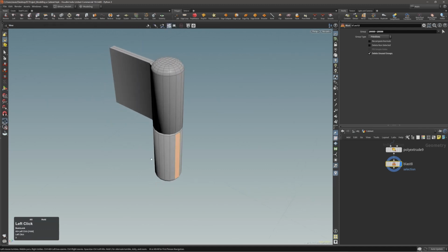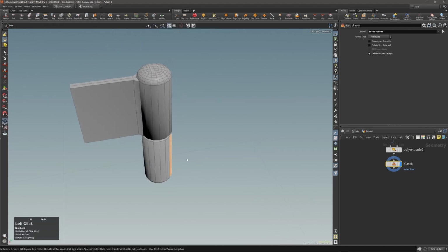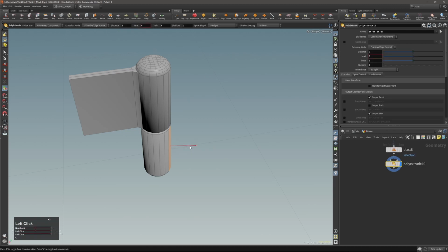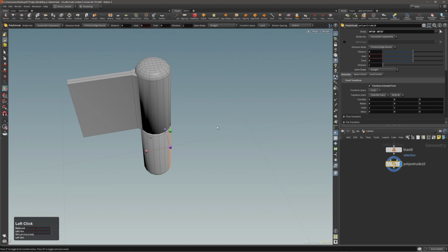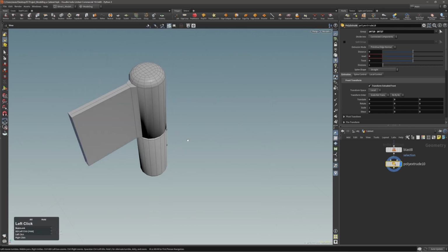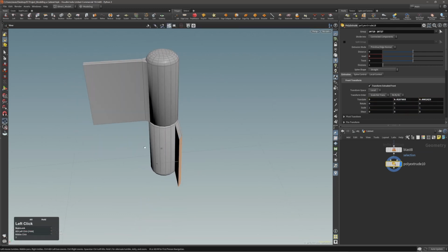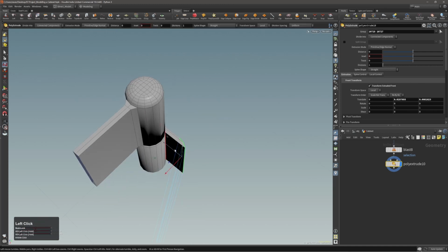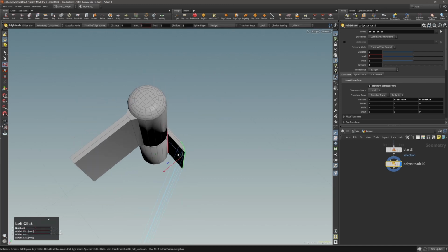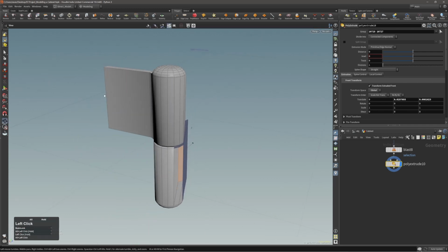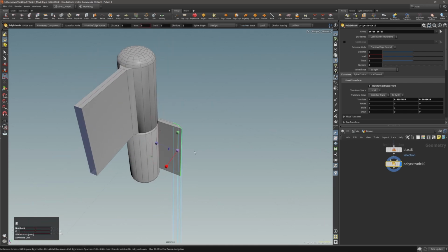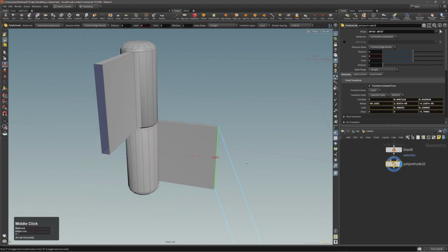So now this part should be extruded from here. So again, with F or right mouse button, toggle front transform, bring this here. In case the local axis is not in the right place, you can always use transform space to set it to global, and probably your axis will be positioned as you need it. And bring this front